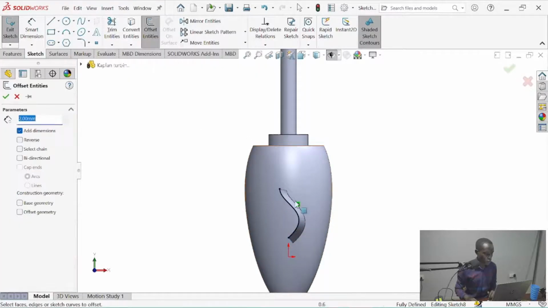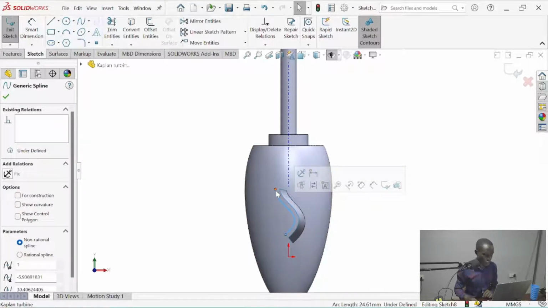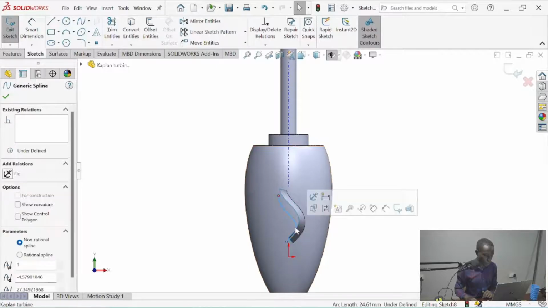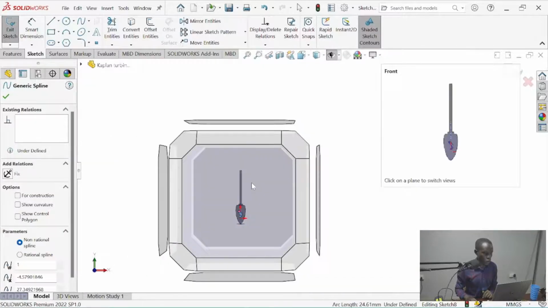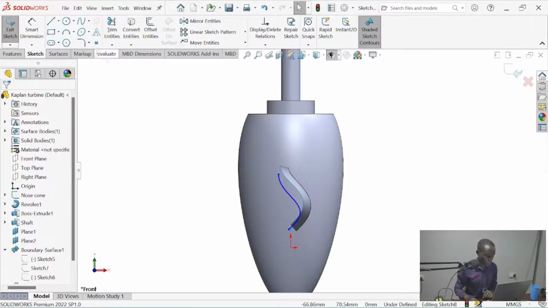First need to convert, we do right, remove this, make it smaller.